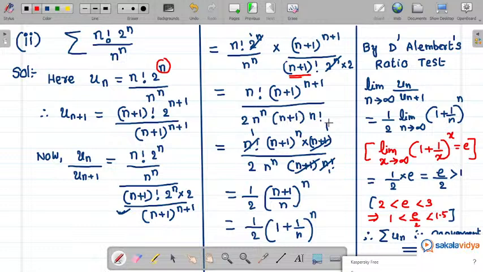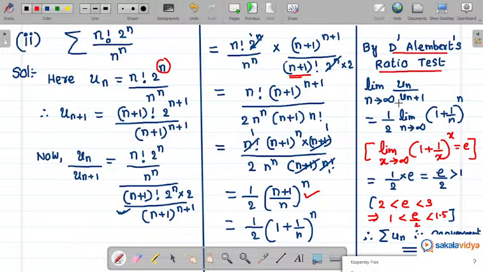So (n+1) factorial is (n+1) into n factorial. Again, this (n+1) whole to the power of (n+1) we can write as (n+1) whole to the power of n into (n+1). So now n factorial (n+1) whole to the power of n into (n+1), by 2 into n to the power of n, (n+1) into n factorial. Here (n+1) got cancelled, n factorial got cancelled. Half is common, and (n+1) whole to the power of n by n to the power of n is (n+1) by n whole to the power of n. So this we can write as half into (1 plus 1 by n) whole to the power of n. By D'Alembert's ratio test,